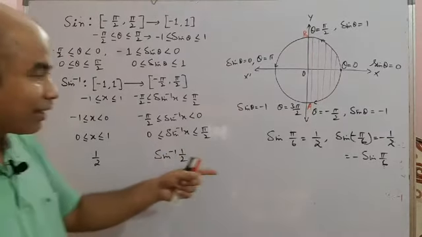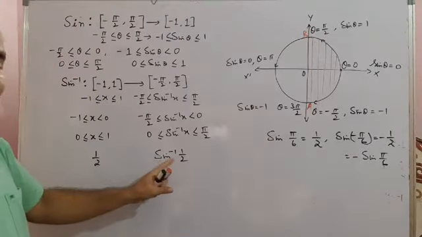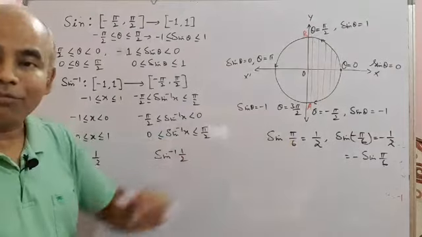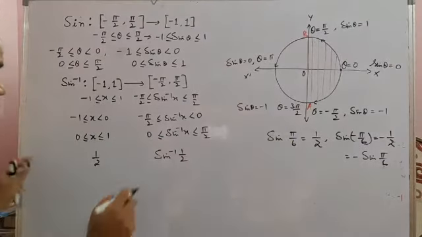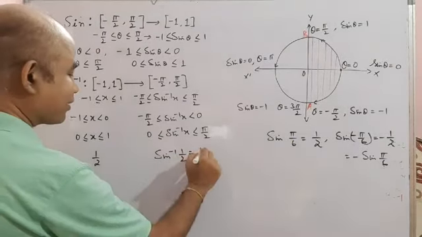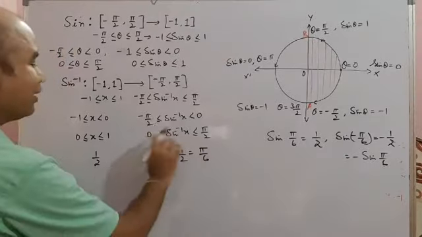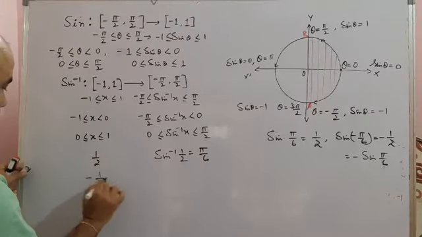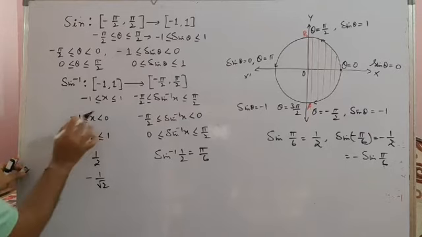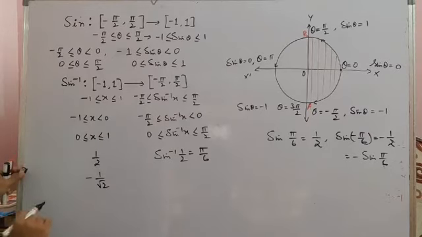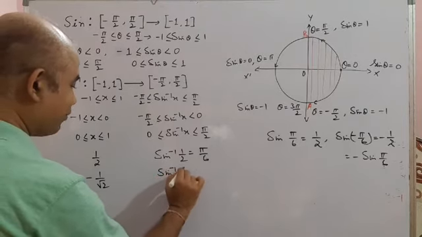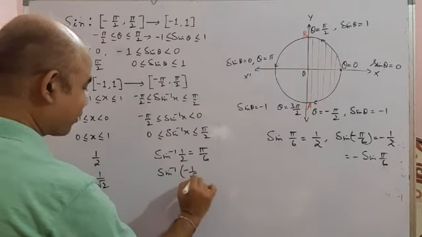So what is that angle? You see, sin inverse of 1 by 2 means the angle sine of which is 1 by 2. And you know that sine of pi by 6 is 1 by 2. So this will be pi by 6. And pi by 6 is an angle between them. And if I take suppose a number say minus 1 by root 2, here from minus 1 to 0 I have taken minus 1 by root 2, and you want to find out its image, that is sin inverse of minus 1 by root 2.